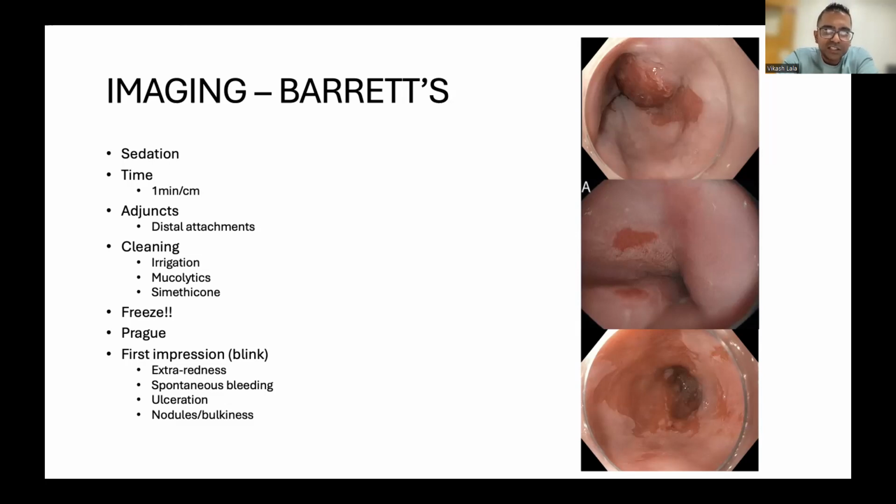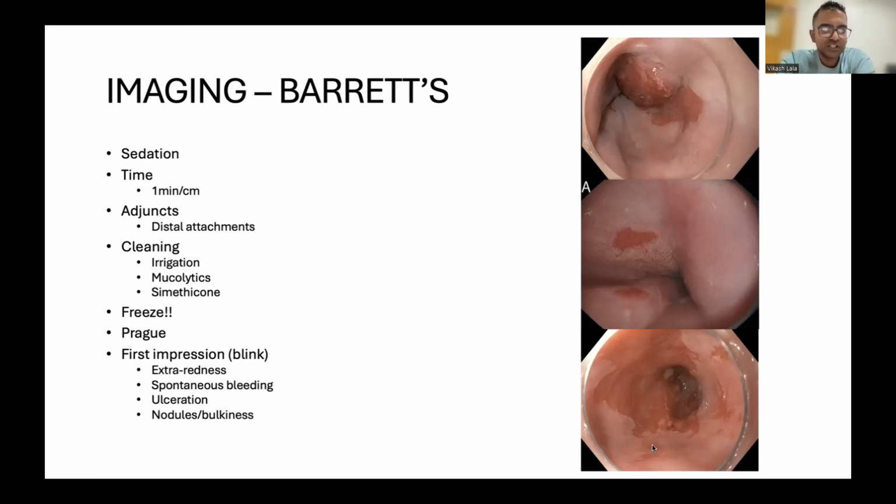Remember the Prague classification when we were dealing with Barrett's? I think most people will be familiar with regards to circumferential and maximal distances, and as well when you have hiatus hernias, because that can become a little bit tricky. So what you want to do when you're looking at the Barrett's segment is first step back. What I mean by step back is, just get off the lesion, as you can see in this last picture, and freeze your image. Just step back and look for things that stand out to you.